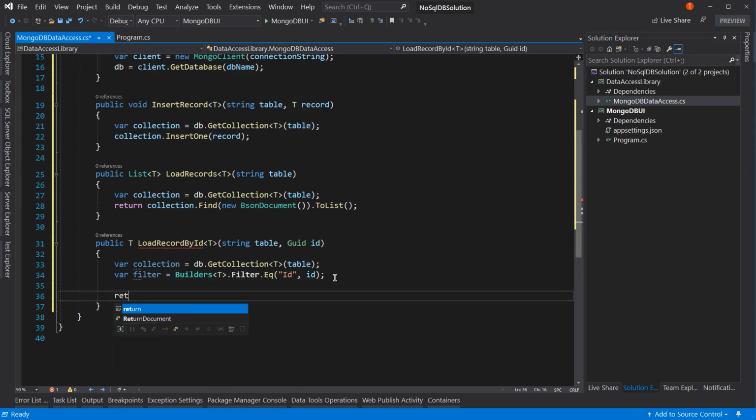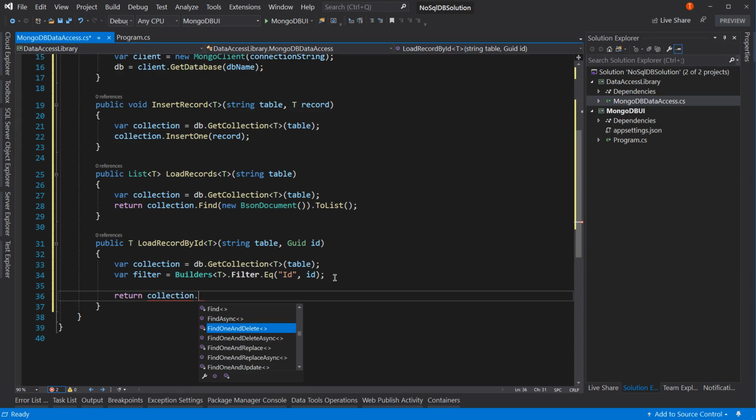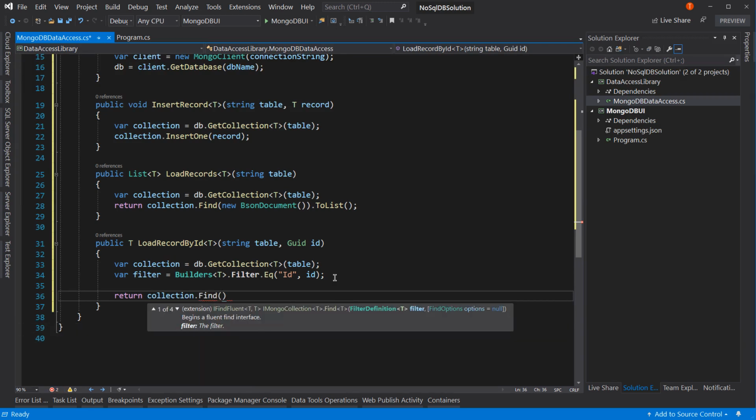Now we will return collection.find, but instead of passing a new BSON document,